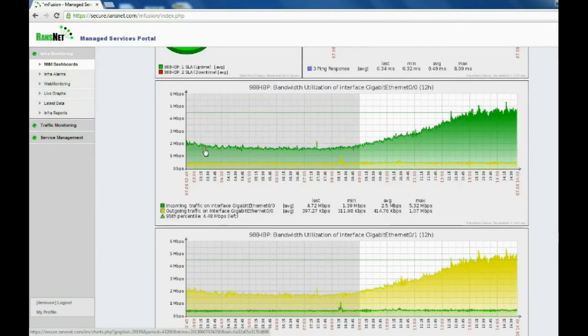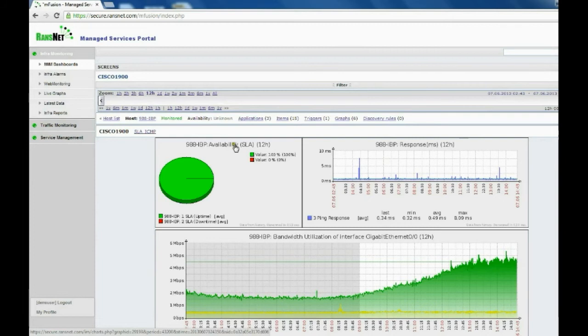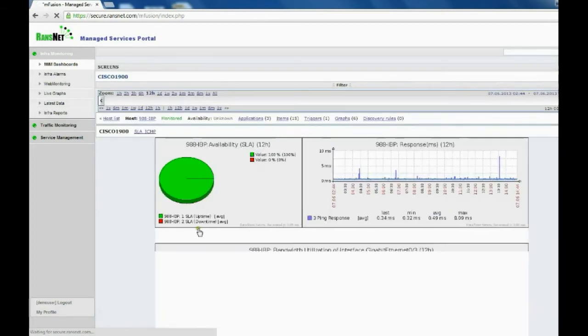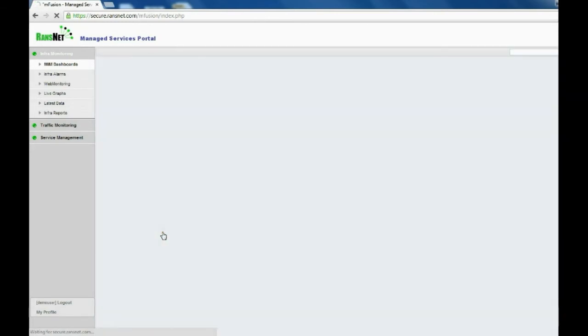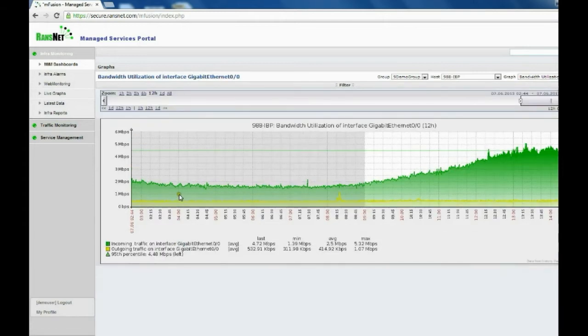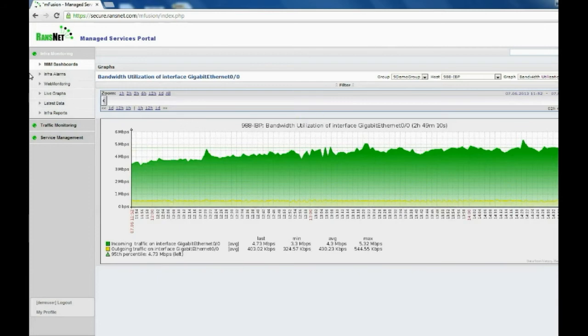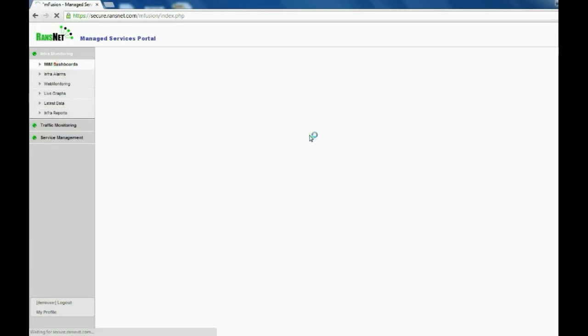Then you can look at the respective link or interface utilization. Again, each of the graphs shows the period that you choose. If you want to drill further into a particular link, you can click on this graph, and then if you are interested in a particular period, you can click and drag to zoom into that period. So it's very interactive. Just use another example. Let's say